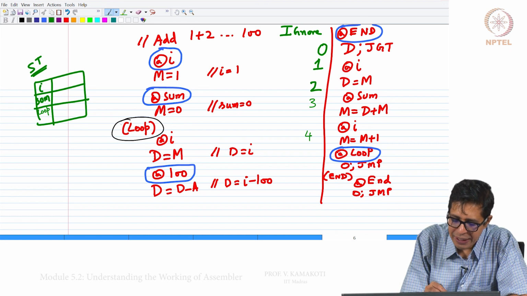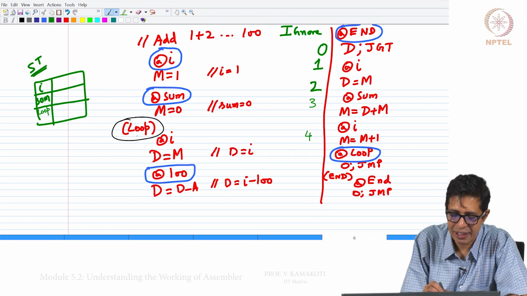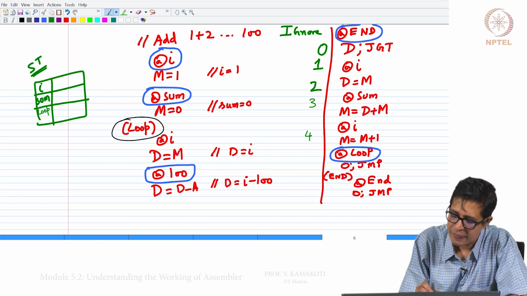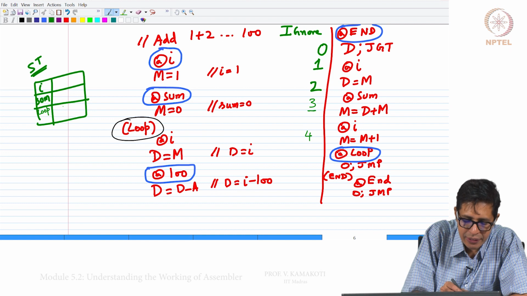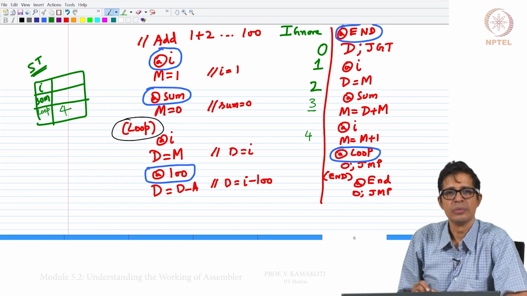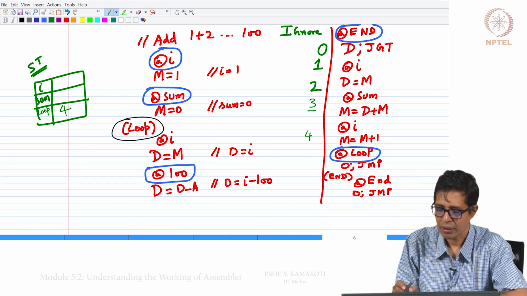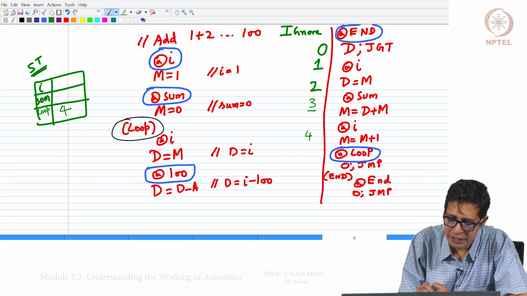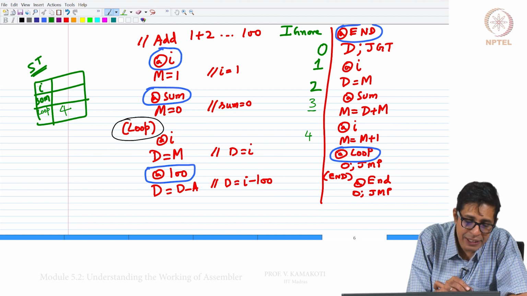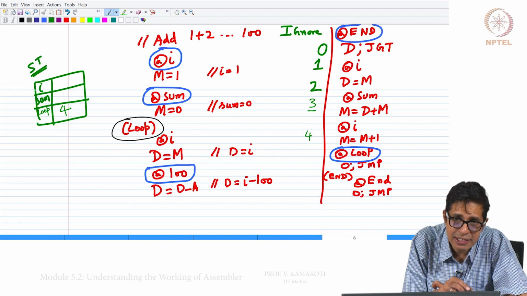So, the moment I see a symbol with the parenthesis here, this is a label. The moment I see a label, the counter here is 3, I put the next, 3 plus 1, 4 here. So, loop becomes 4. Then next is an at I instruction. I go to the table and see if I is already registered.